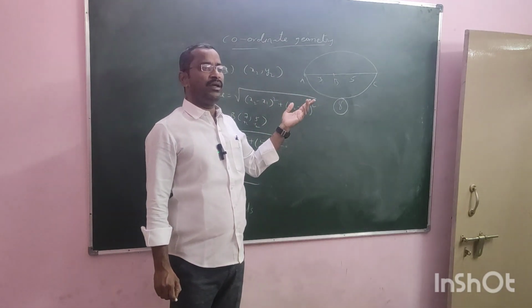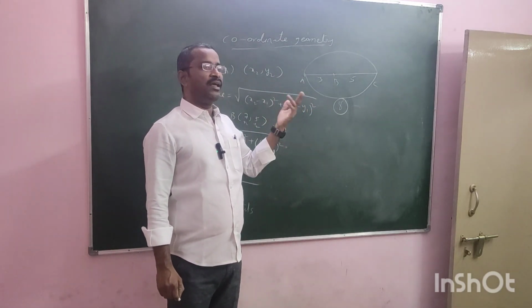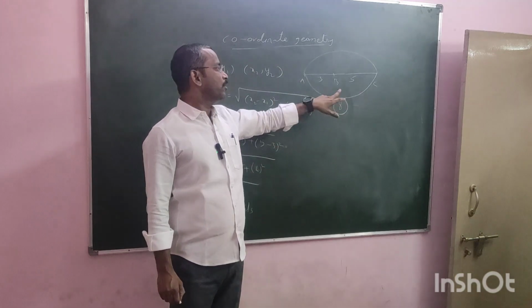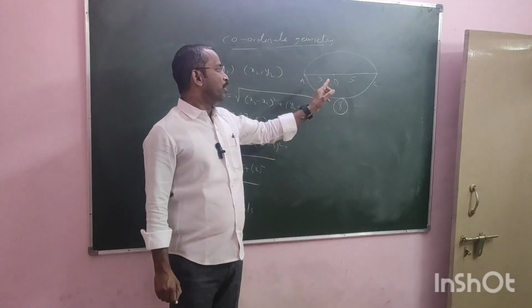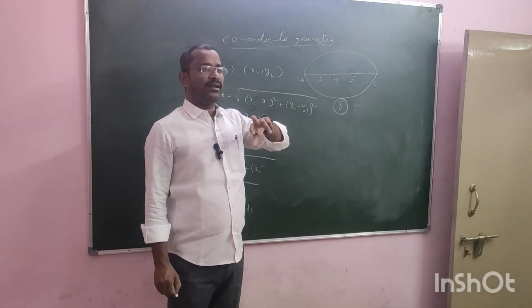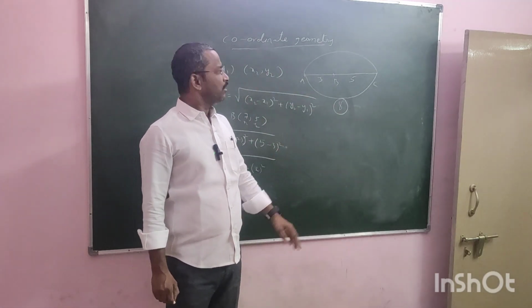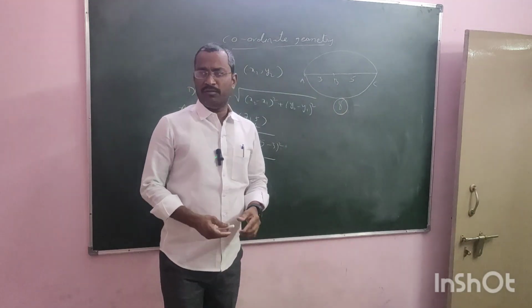The other concept is, if the area of the triangle is 0, at that same time also they are going to be collinear. So there are two concepts to prove collinearity: one by using the distance formula, and second by using the area of the triangle. Let's go through only the distance formula. For example,